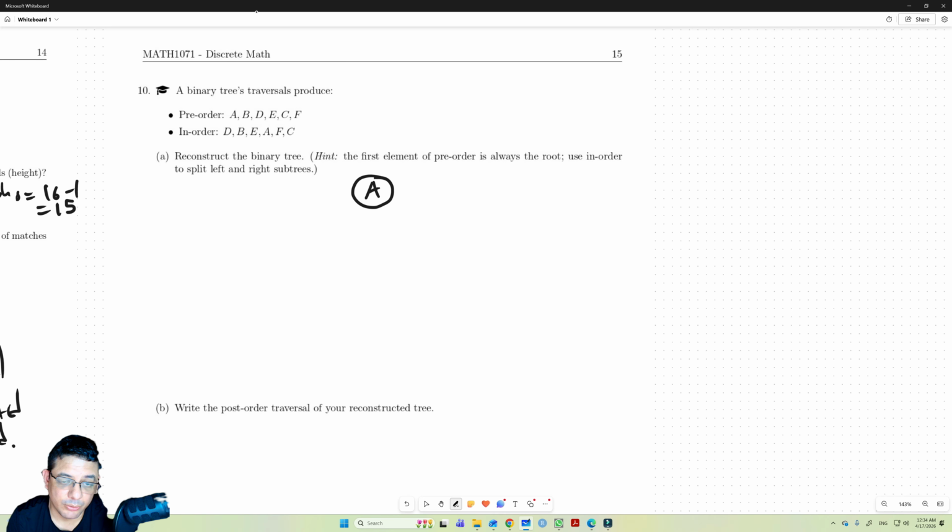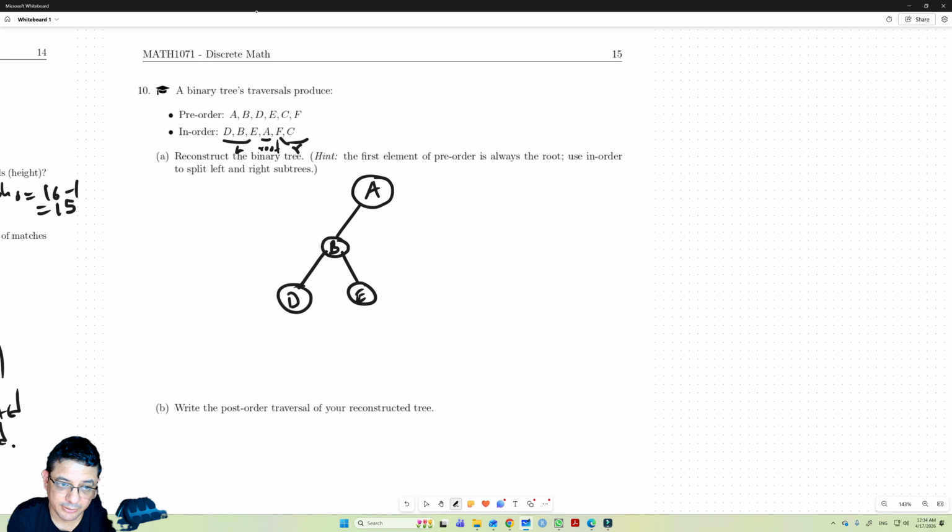Now, if I go with the in-order, notice that we're always going to have the root here. This is my root. Then this is going to go to the left, and this is going to go to the right. And this is the order in which the children are going to be assigned. And of course, this is going to depend on the order. So after A, we should have B. Since in the DBE, this is going to be the root node, the next node, and then we're going to have D and E here,